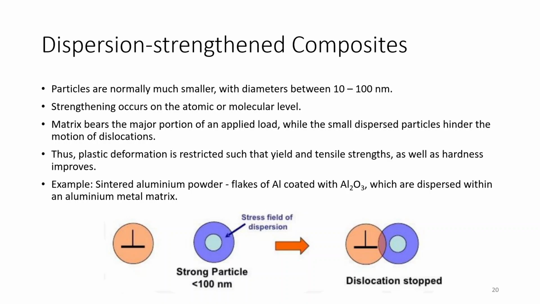Next is dispersion strengthened composite. Here the size of the particles will be smaller. Particles are normally much smaller with diameter ranging between 10 to 100 nanometer, and the strengthening occurs